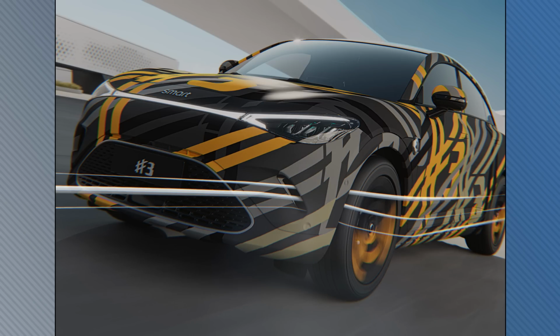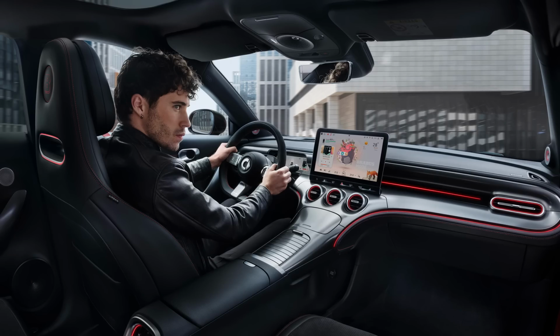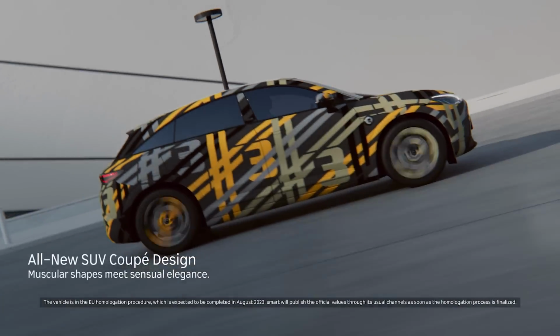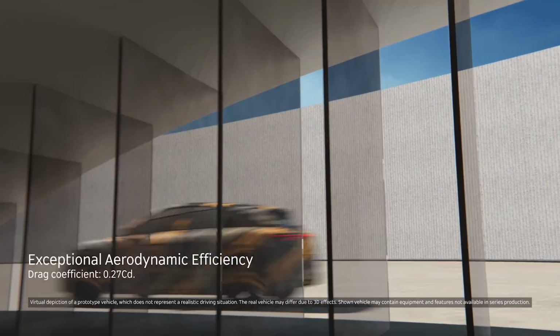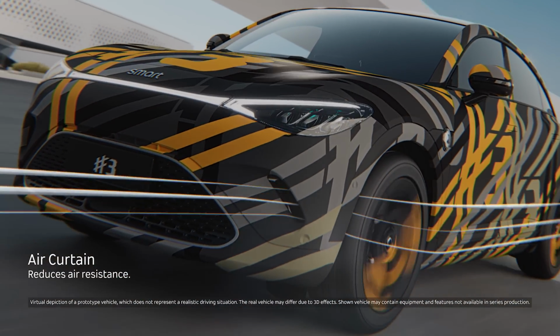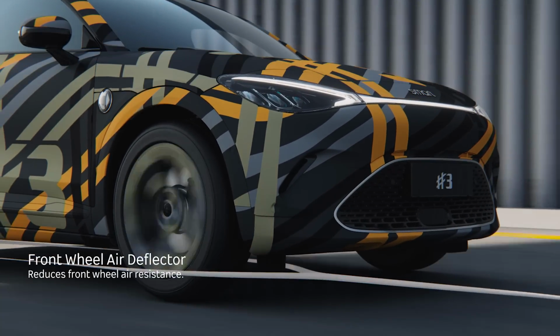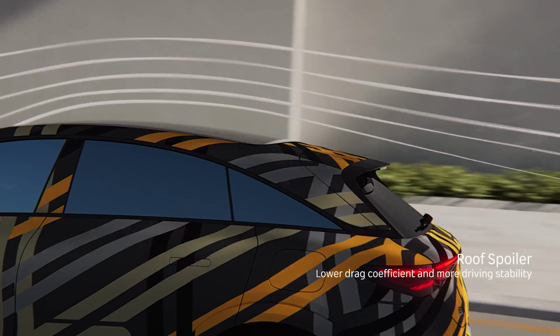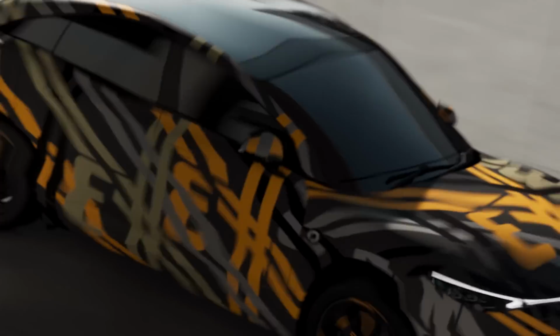Anyway, the standard model comes with a 200 kilowatt or 268 horsepower electric motor that's mounted on the rear. The Performance Brabus version is 4-wheel drive and has a combined 315 kilowatts or 422 horsepower. It can move from 0 to 100 kilometers an hour in 3.6 seconds. It has a range between 500 and 540 kilometers or 310 to 335 miles based on the Chinese light-duty test